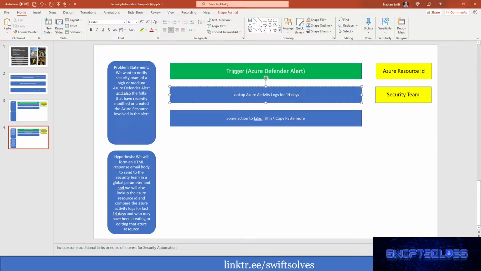And we're going to filter those logs based on folks who created or updated the Azure resource ID. Now in there, when we're looking at looking up the Azure activity logs for 14 days,